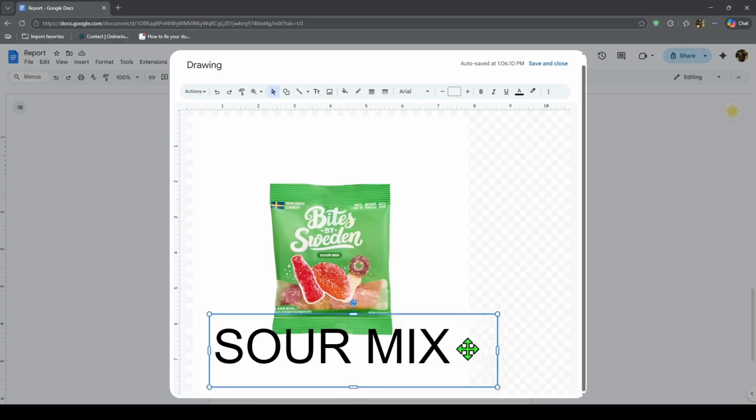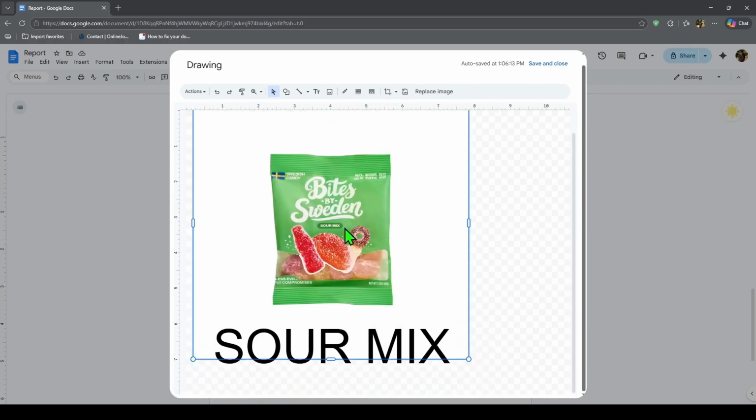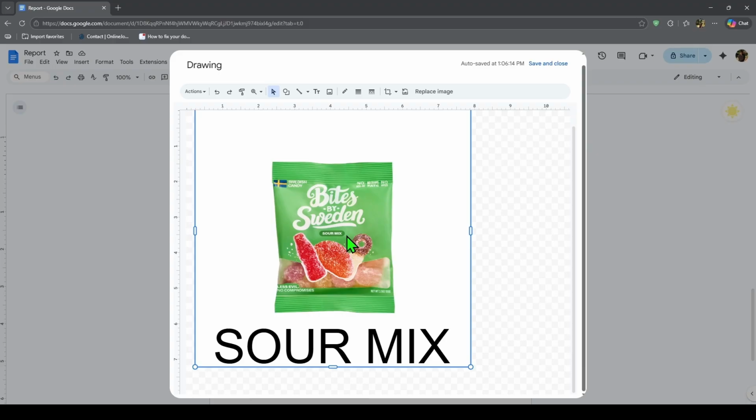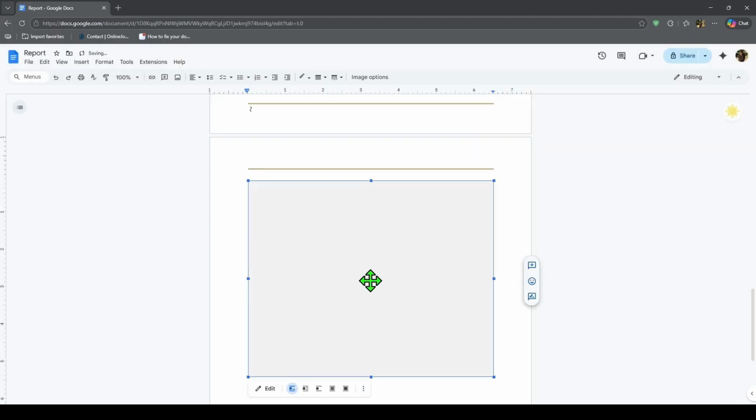So the simple process is this. Go to Insert, then Drawing. Add your image, place a text box or word art on top of it, format the text, and then save it back into the document. That's the easiest way to write text on an image in Google